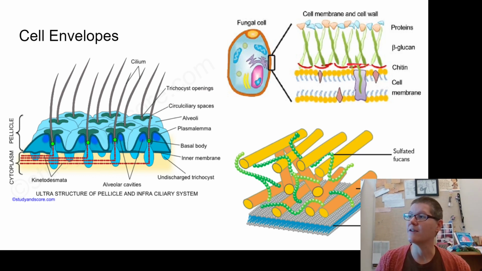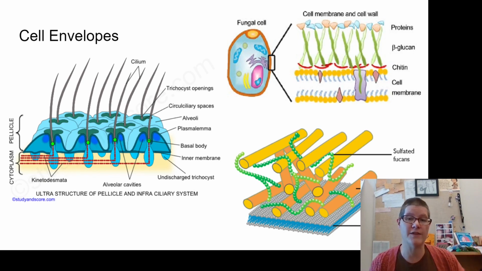Now, both fungi and algae have actual cell walls as part of their cell envelope. So fungi, here's their lipid bilayer cell membrane. It's pretty standard, as is the one for algae. They both look just like the other cell membranes. But fungi have a couple of specific things. They have chitin, which is a sugar polymer, which is very similar to peptidoglycan, but in this case, the connections and the way the sugars are put together is specific to fungi.